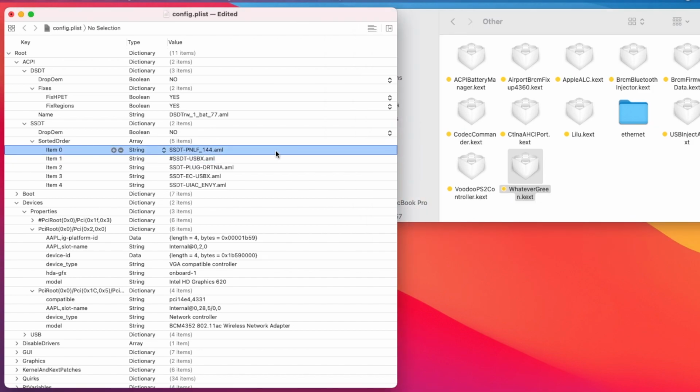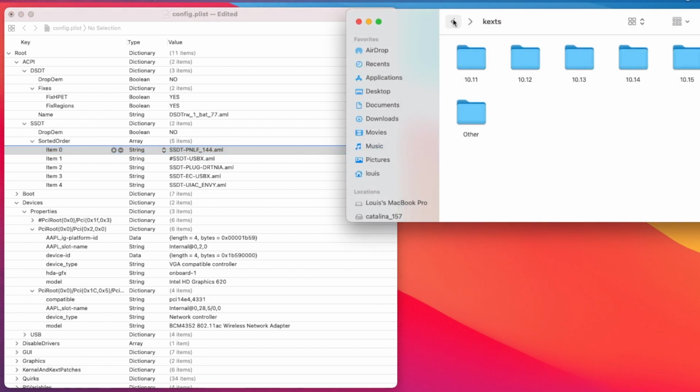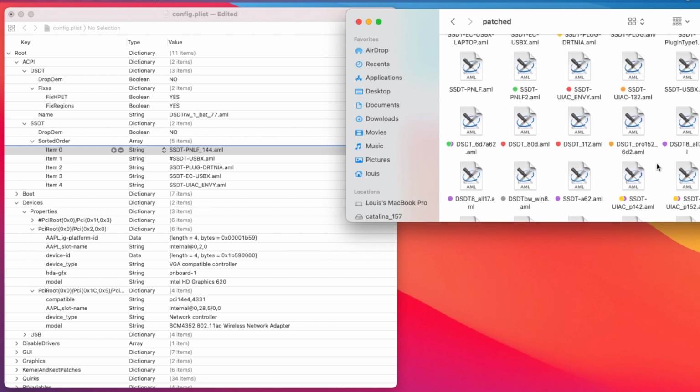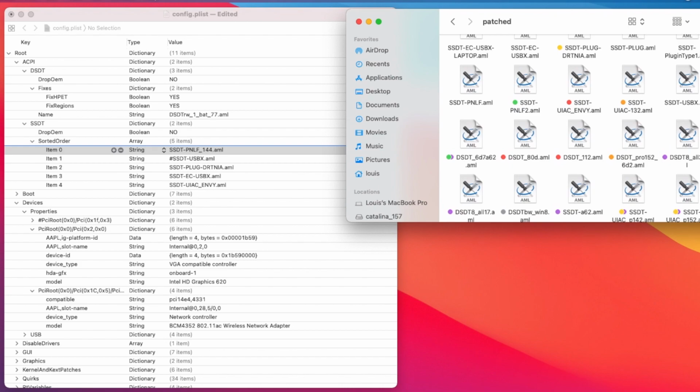Use that one, rename it to .aml, and put it in the ACPI folder. If we keep updating, we should rename it so we remember which one we're using. So right here, PNLF 144. I also have the PNLF here that was working before too, but always use the latest one